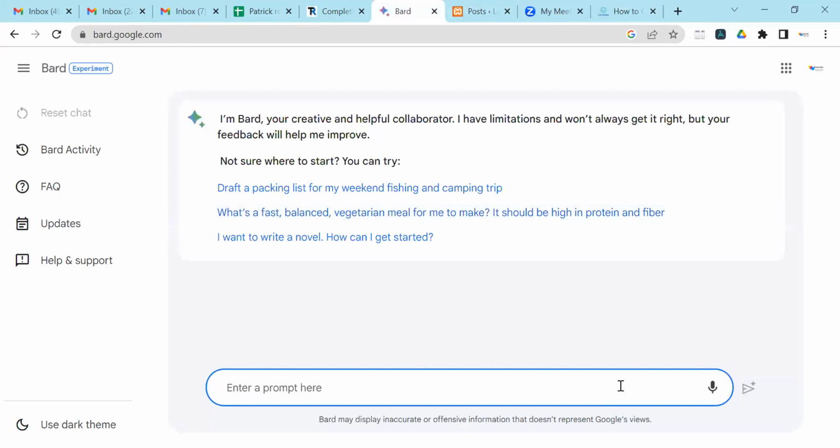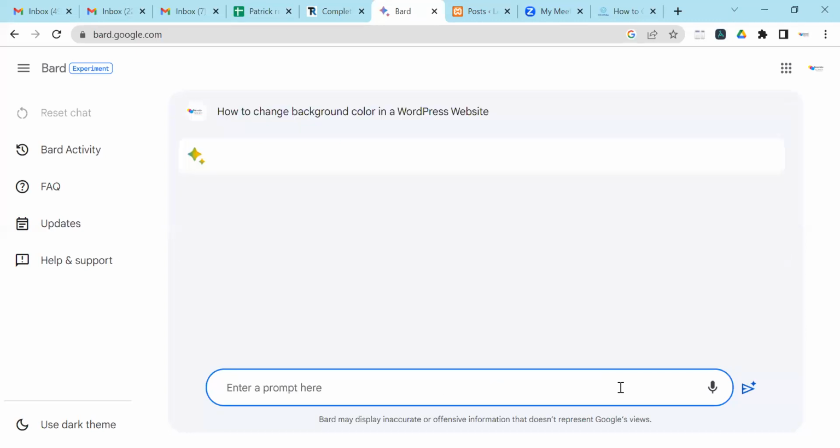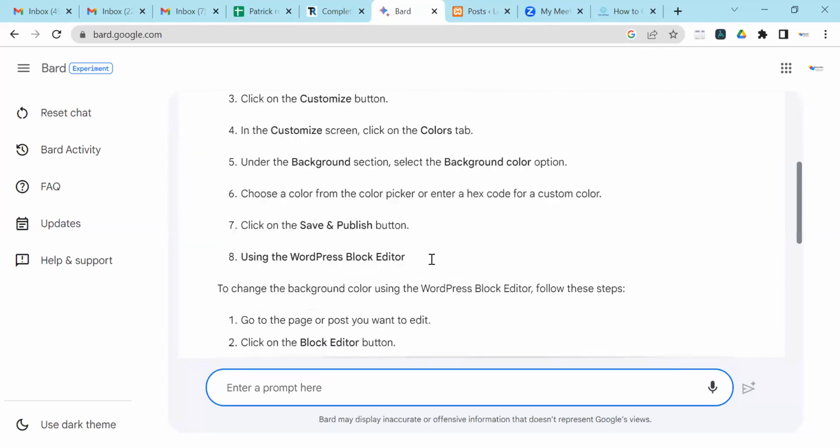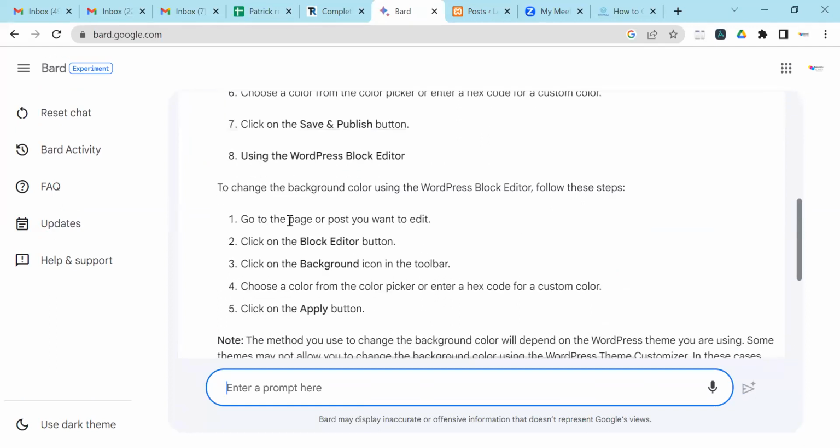So I'll use the AI tool, which is called Bard. I hope you can see it. So I'll write how to change background color in a WordPress website. You also must write a good prompt. So let's see. Was it a background color of a button or what? So to change the background color using the WordPress block editor,